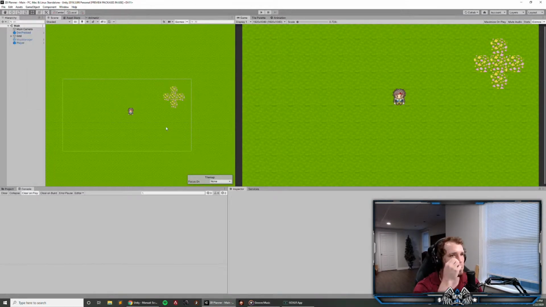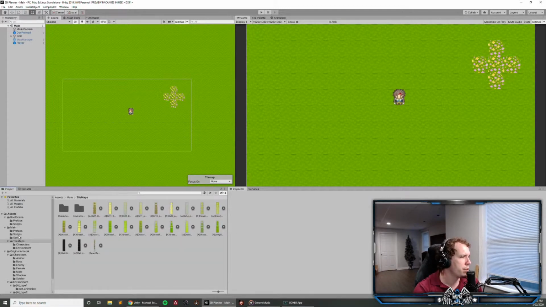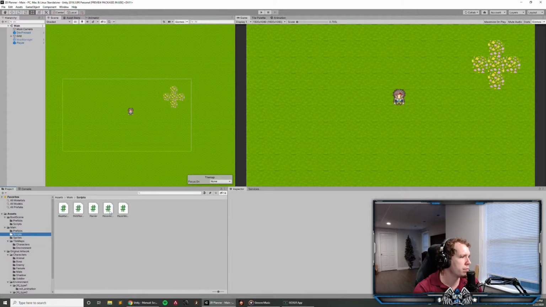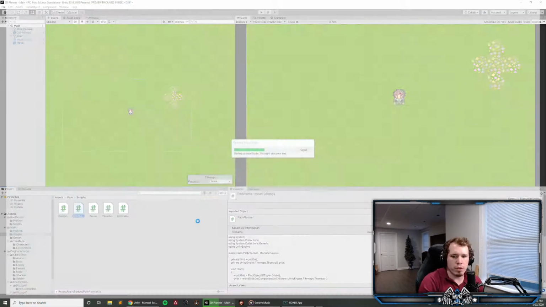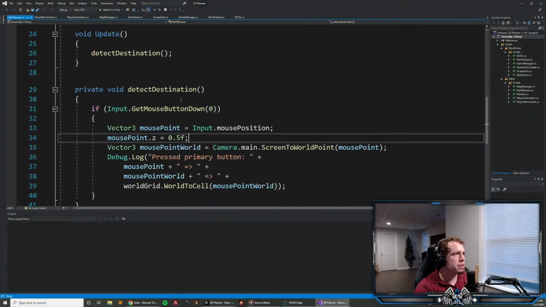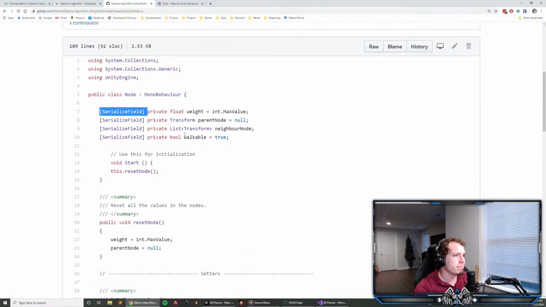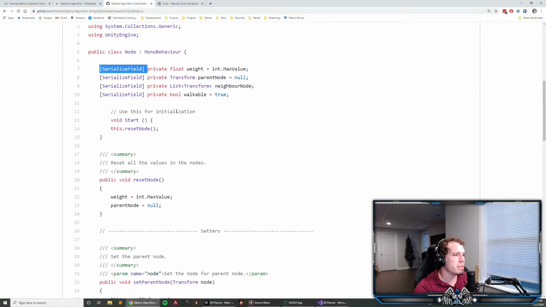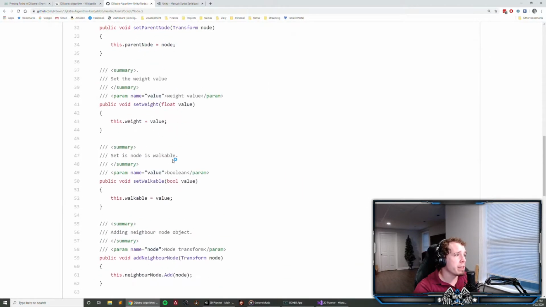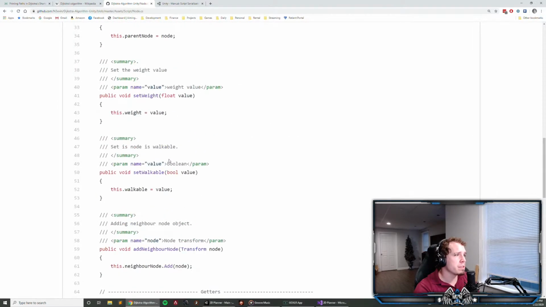All right, so what we're gonna do. Let's go open up our script. Wrong one. We'll create a node CS. Might just yoink his node though, because it's super. Oh, it's a MonoBehaviour? Okay, just kidding. I'm gonna yoink this, but minus the MonoBehaviour, because all this is a